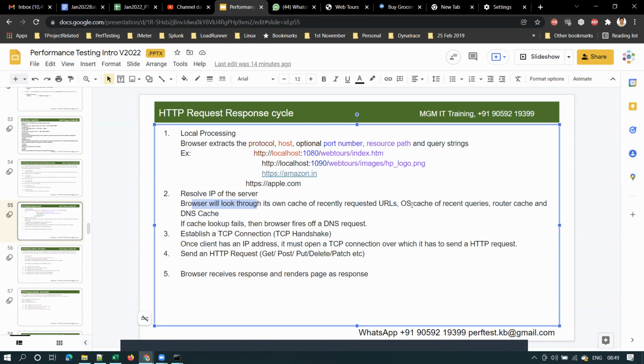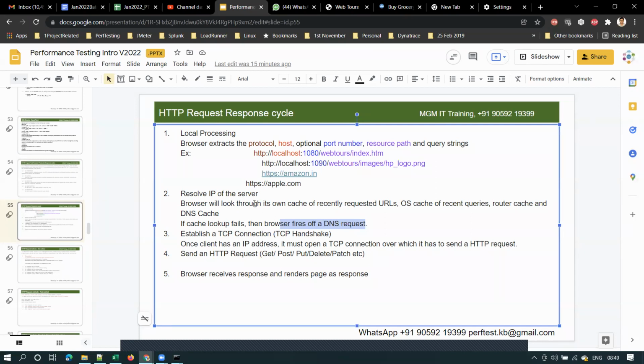Operating system cache means the operating system may also be storing these mappings of IP addresses and domain names in some location. So the browser will first look if it is available in these caches. If the cache lookup fails, then it will send a request to the DNS server. That is called a DNS request.